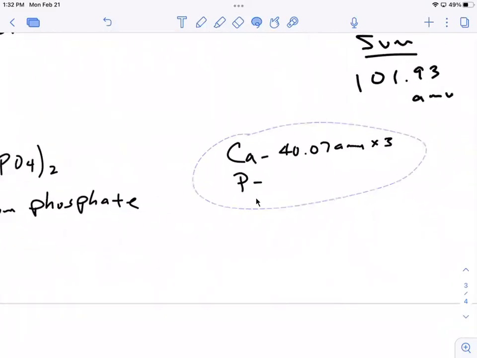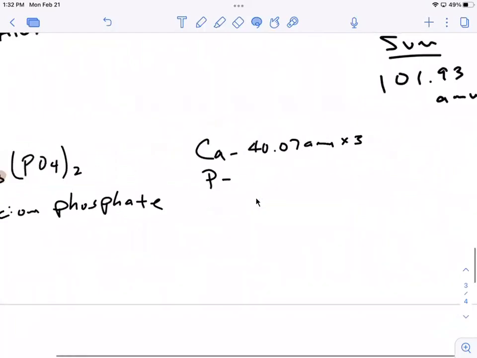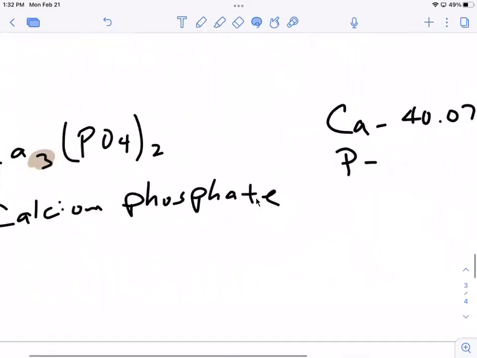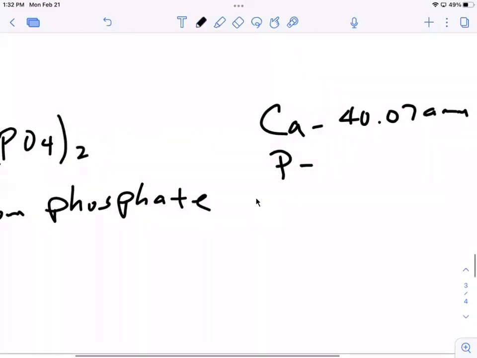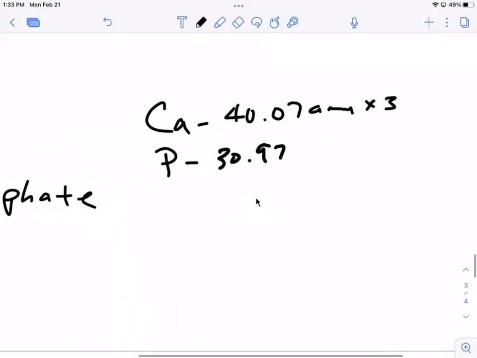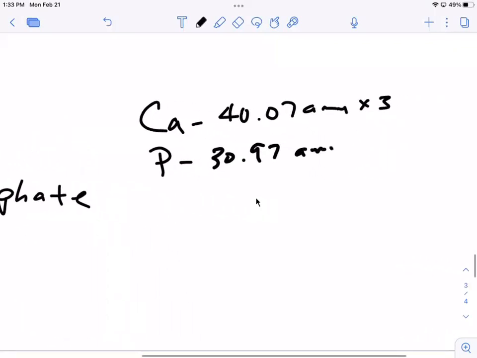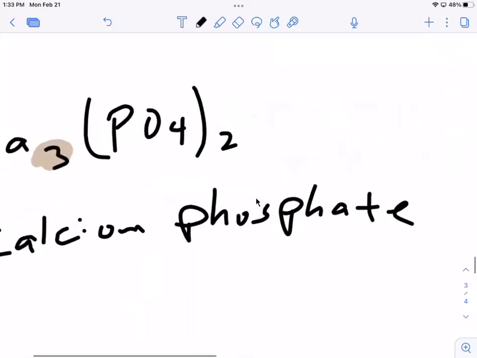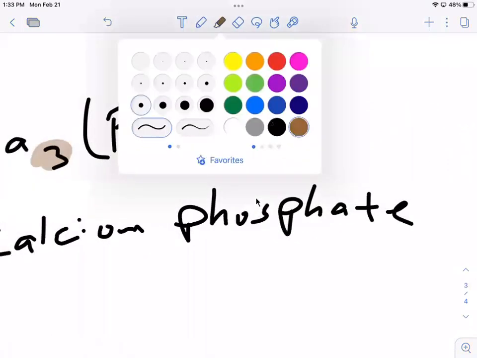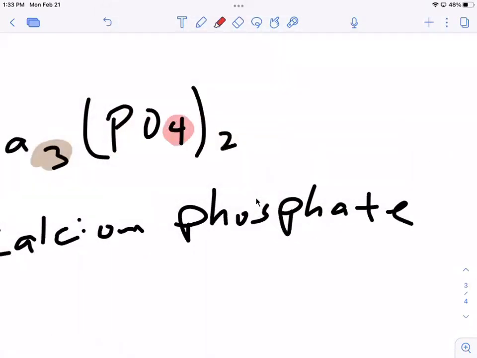What about phosphorus? What do you think? 30.97. 30.97. How many of them do we have? 4. Let's see. All right, so we got 4 oxygens here. But we also have outside the parentheses, and see, this is why knowing those charges is so important,